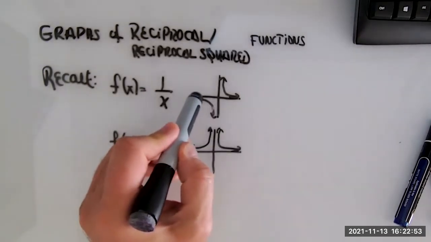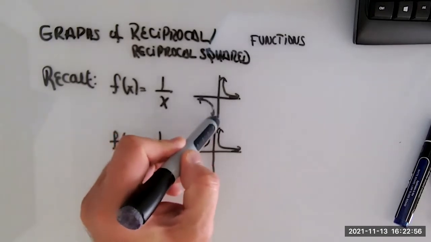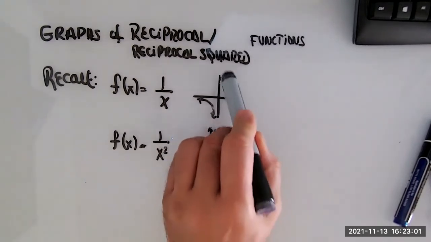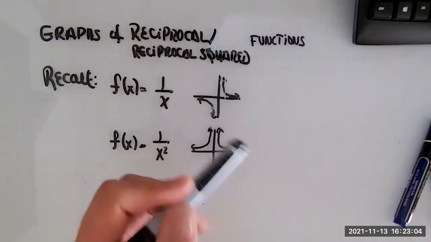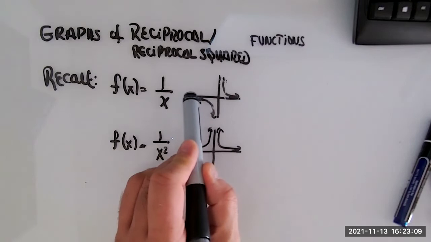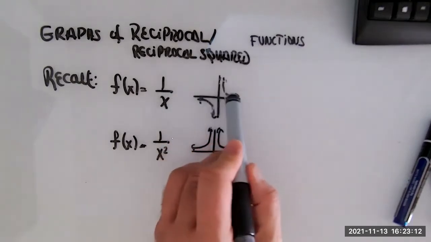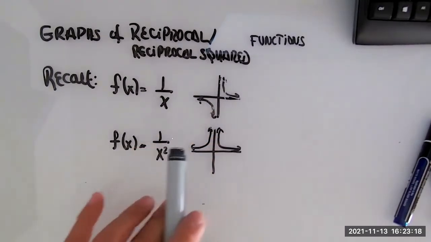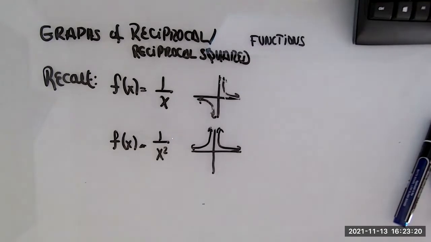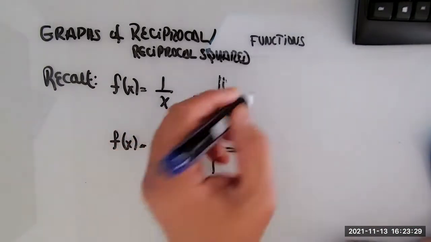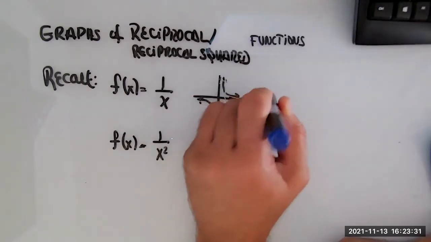So as I get closer to 0 from the left, the graph goes to negative infinity. If I try to approach 0 from the right, the function goes to positive infinity. Also, when x goes to negative infinity, the function values attempt to 0. The bigger the x, the values of the function attempt to 0 as well. If you recall the definition of asymptote, this is exactly that. This one will exhibit a vertical asymptote at x equals 0, and it will exhibit a horizontal asymptote at y